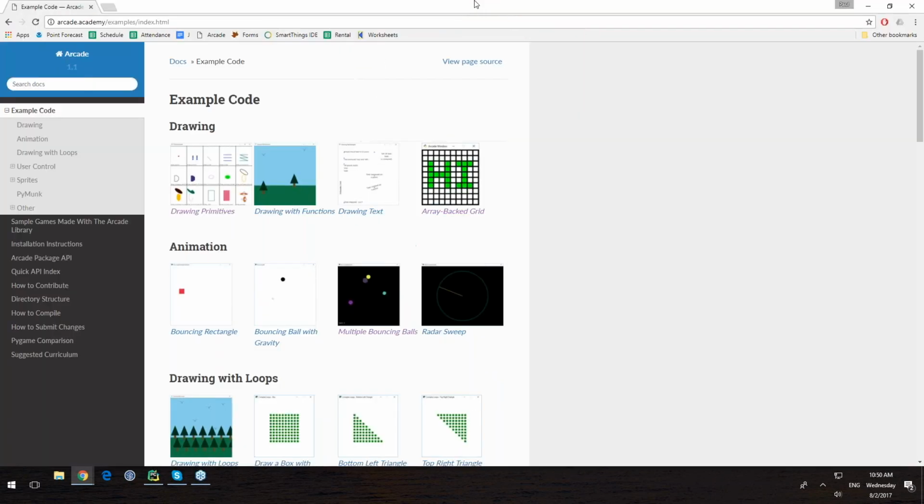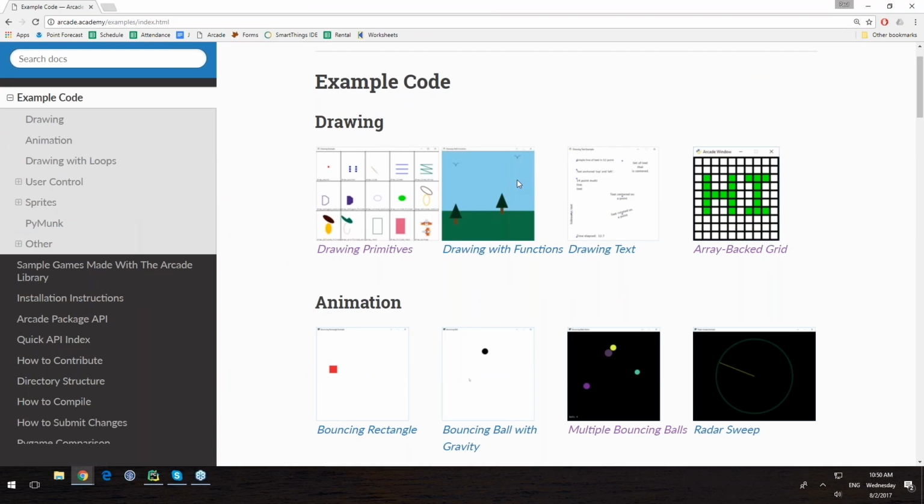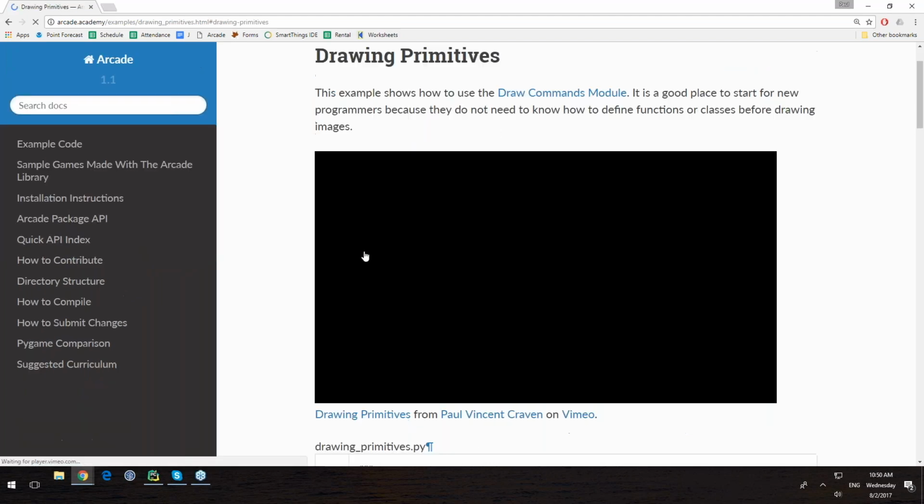So one of the things that I have really found to be useful, let me zoom in here a bit, is showing people example code and teaching them how to go out and grab sections of code out of example code that they want to bring into their own program. Because this is actually how we learn stuff once we graduate. It's not all in a textbook. In fact, very seldom do we end up looking in a textbook. We look on Stack Overflow or find somebody else has done something similar to what we want to do. So Arcade has a lot of example programs. We go through most of the drawing primitives.